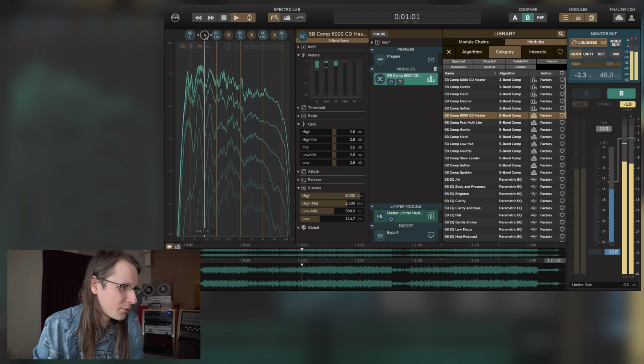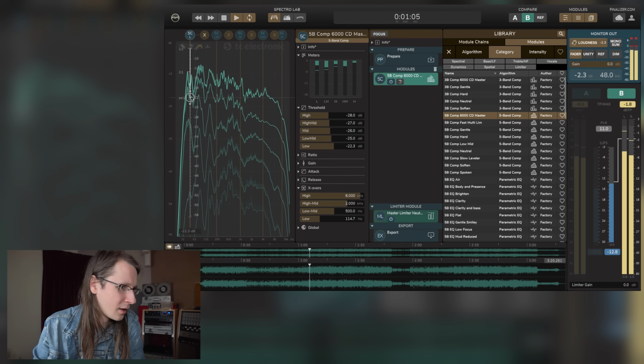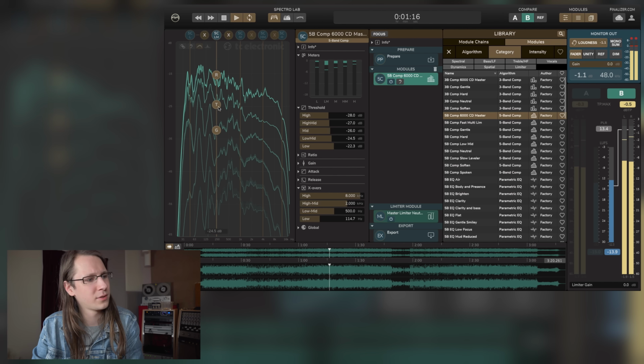Oh, this is the crossover frequency. Okay. This is an interesting analysis and interface. Can we compare?